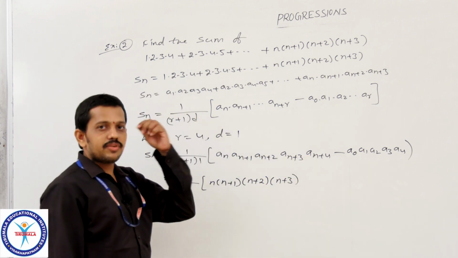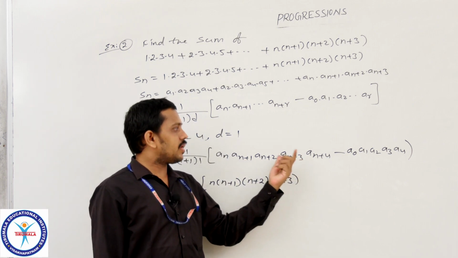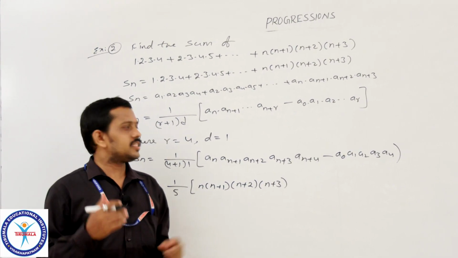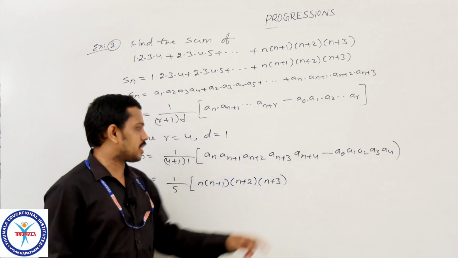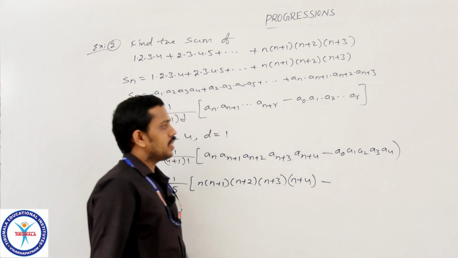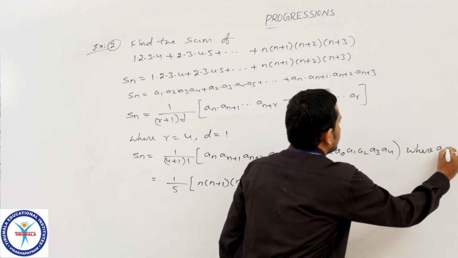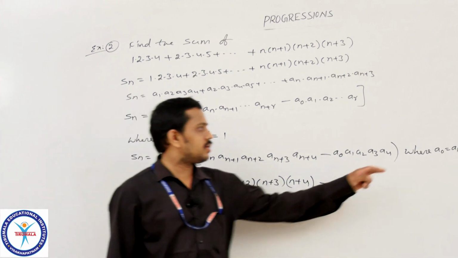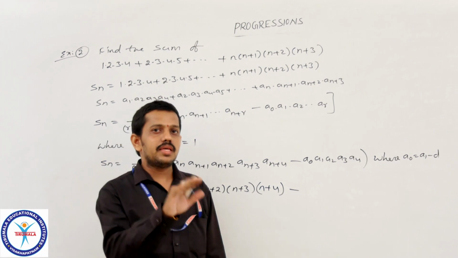So, already earlier we discussed that in this method, here we can add one more term for Vn. So, Tn is up to n plus 3 terms, we can add one more term, so the n plus 4th term. So, here an+4 minus a0. Actually, here what is a0? Where a0 is equal to a1 minus d. How will a0 be obtained? a0 will be obtained by subtracting the common difference from the a1 term.